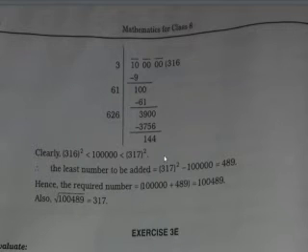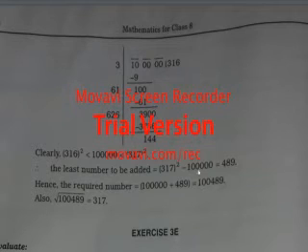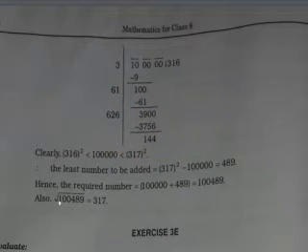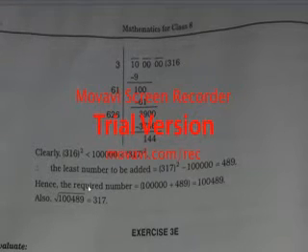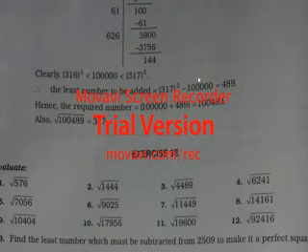After doing multiplication by hand, whether it is right or wrong, you can check with the help of this mobile or calculator, but don't do it directly with the calculator. So you can see it is 489. Hence the required number is 1 lakh plus 489, and 1 lakh 489 becomes the smallest 6 digit square number, whose square root is 370.